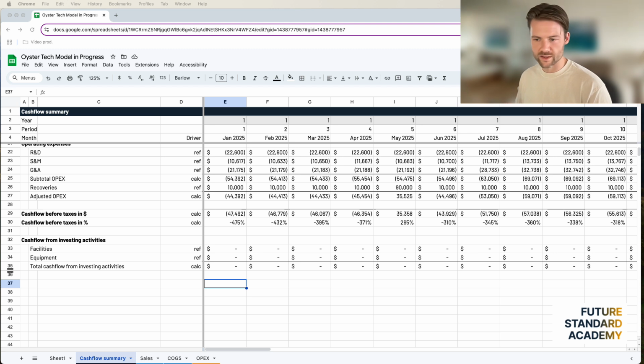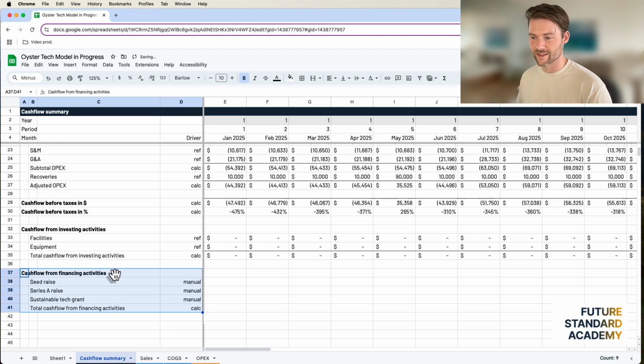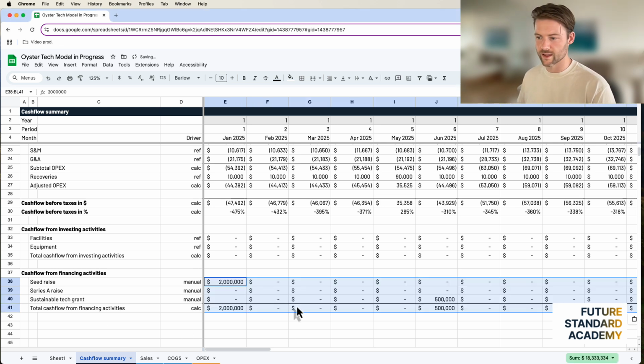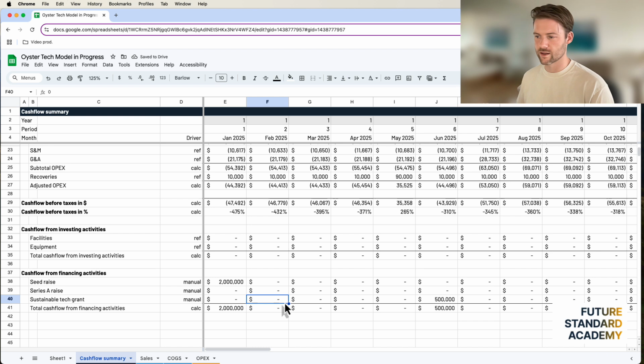And then the reason that we put investing so close to financing is that financing is what's going to make that facility happen, right? Because this business won't be generating enough margins at that point, a year 4 point, to be able to invest $4 million by itself, right? It's going to need outside help.